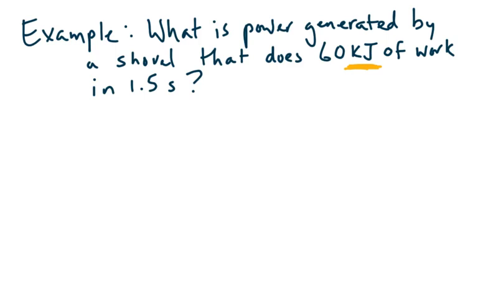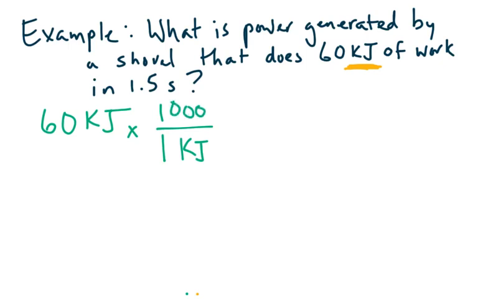To show your work for that, because you know you have to show your work, we end up with 60 kJ. And if I want to bring that down to joules, I know that in 1 kJ there are 1,000 joules. So this cancels out my kilojoules, and I'm left with 60 times 10 to the 3, or basically 60,000